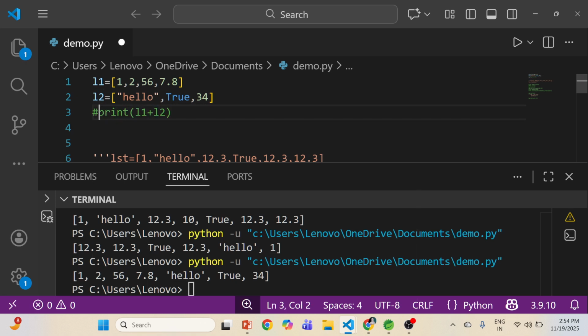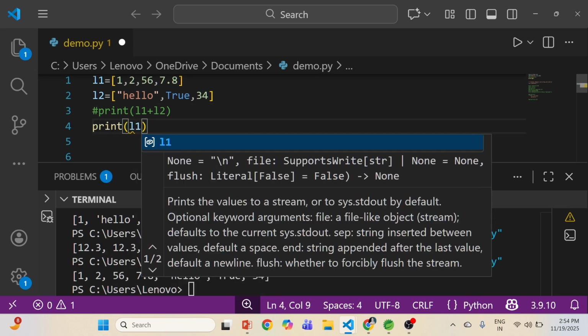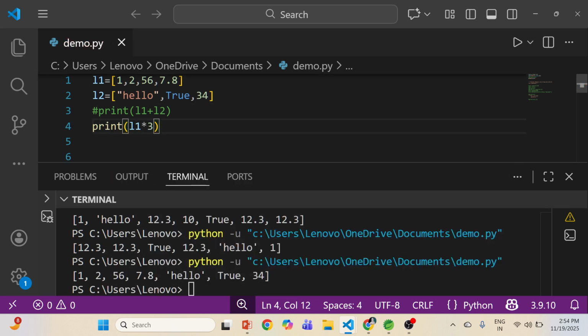Now if I want to repeat the elements of a list n number of times, let's say I want to repeat the elements of first list 3 times or 5 times, then there is an operator called asterisk, the replication operator. You can write like this, L1 asterisk 3. So this will repeat the list 1 values 3 times.